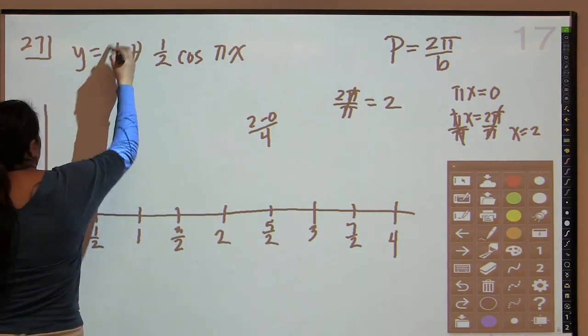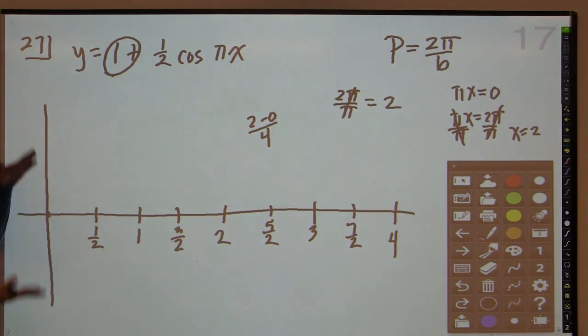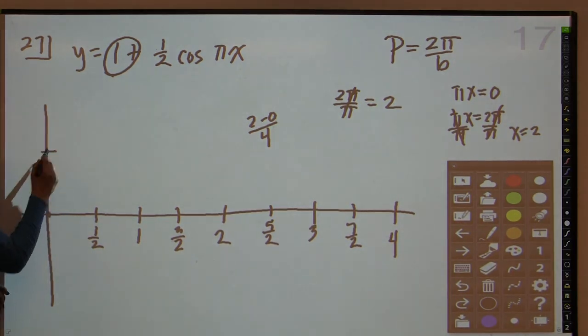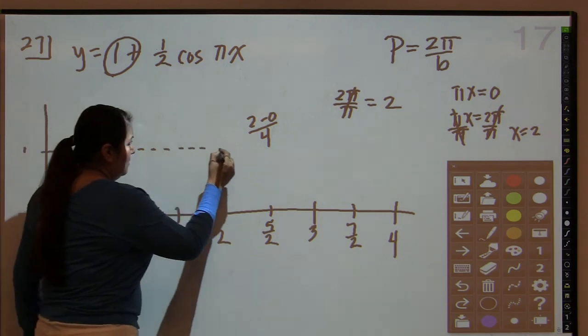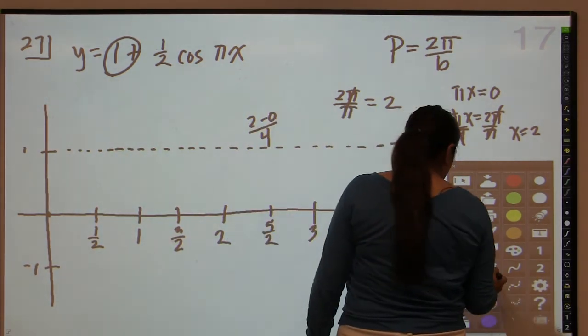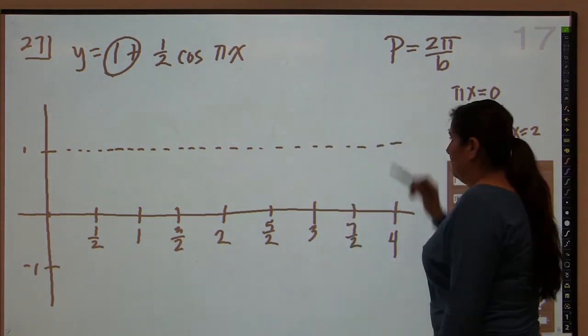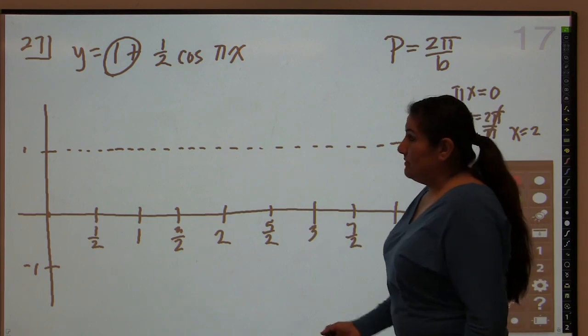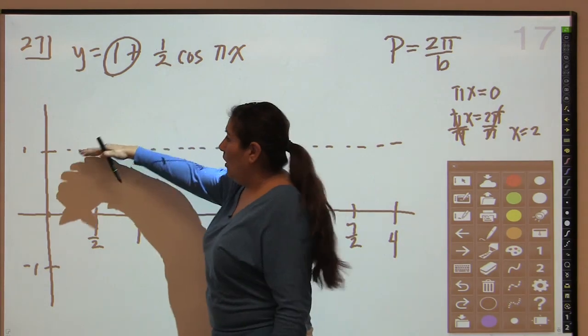We know that there's a plus 1. So it's going to shift, and because this is like a 1/2, I'm going to make my 1 like a larger gap. So I'm going to claim that this is like 1, right there. And this is like -1. Normally, the graph would start at its max, and it would bounce between these two numbers, okay? But now my 1 is going to be the middle. And I'm going to have to erase this little guy right here. I already did that, so who cares? Okay? So there's my 1. And the amplitude, the A, is 1/2. So I'm going to go above to 1/2 and